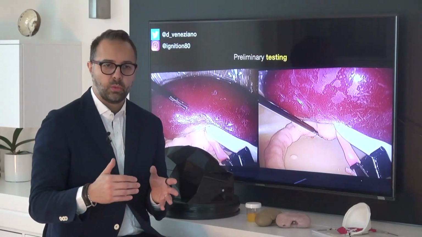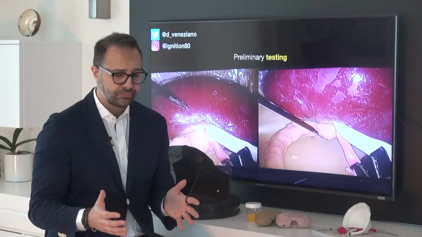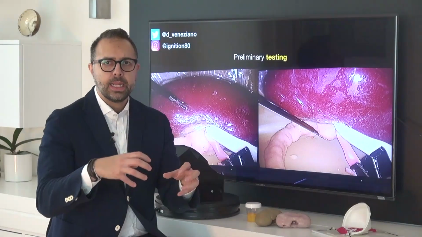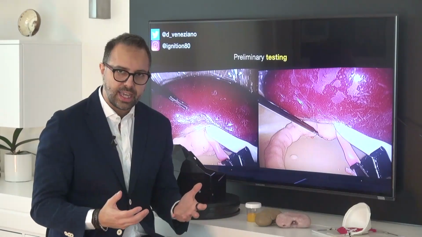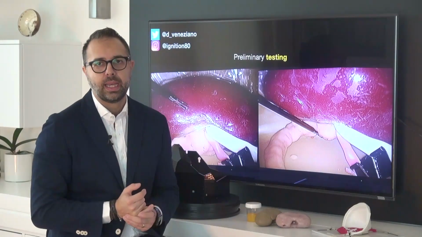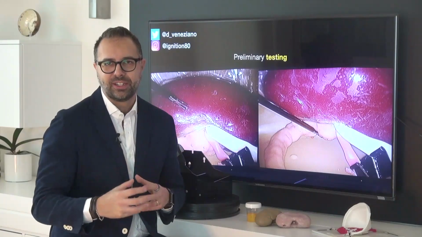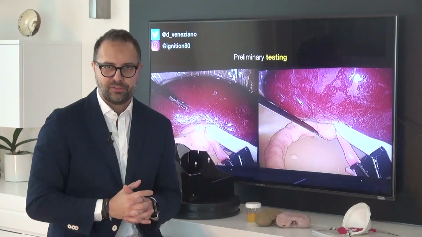So we can take a tray, a plastic tray, and then start placing inside some pieces even of other simulators. In this case, I was using a part of an upper tract simulator, the KUB model from the University of Minnesota.